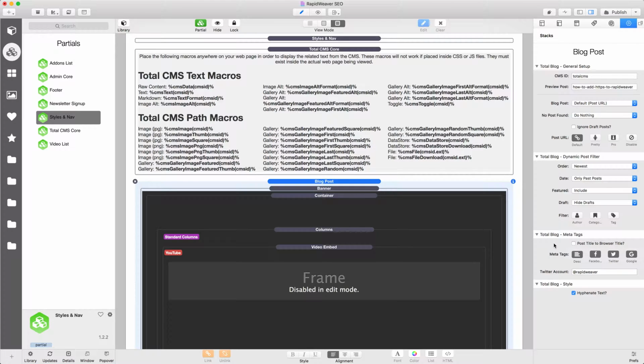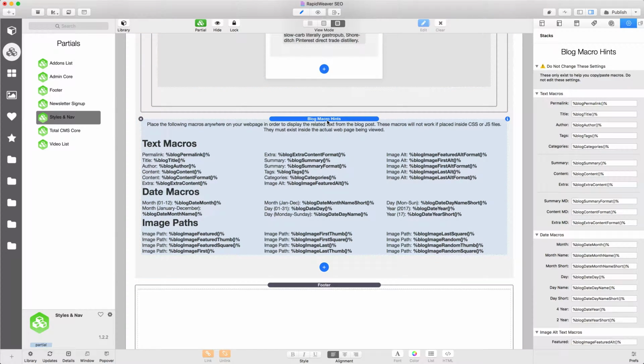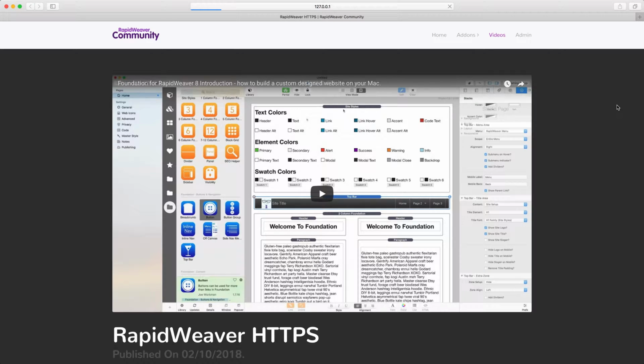So to do that, we're going to be using a Total CMS macro feature. If I scroll down here, I have all of the blog macros that are available. Now a macro is essentially a piece of code that will be replaced by Total CMS with the appropriate content. So in our case, we would want the blog title or the video title. So we could copy that, go to the general settings, and put that into the browser title. We want the blog title in there, then a pipe character, and then RapidWeaver community. If we preview that in the browser, you'll see we now get the same result, but this is